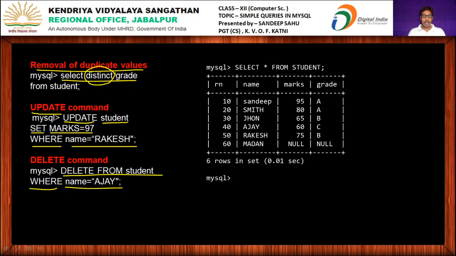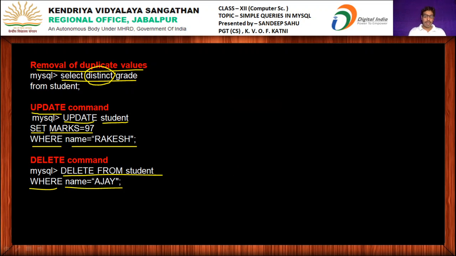Now let's understand the delete command. Suppose we want to delete the record of Rakesh, then what command should I write? Delete from student where name equal Rakesh.